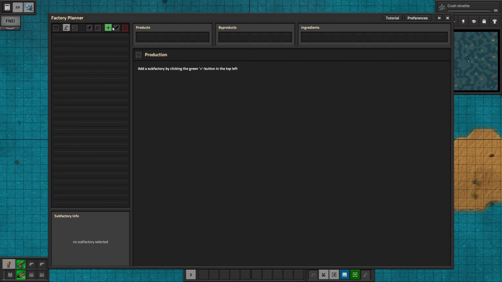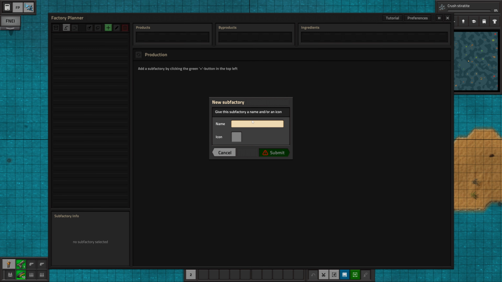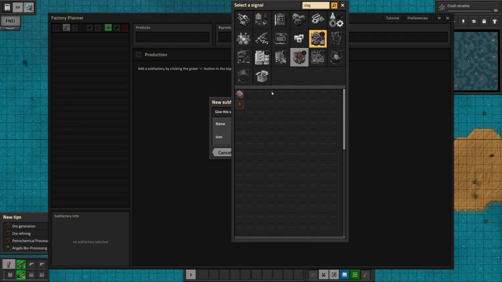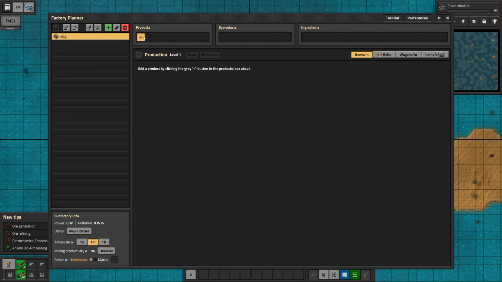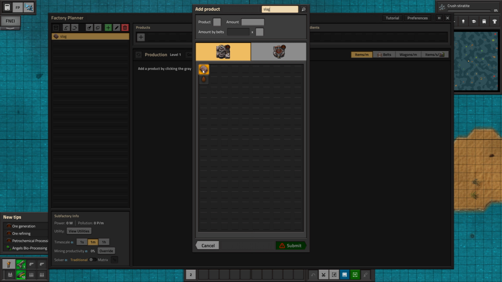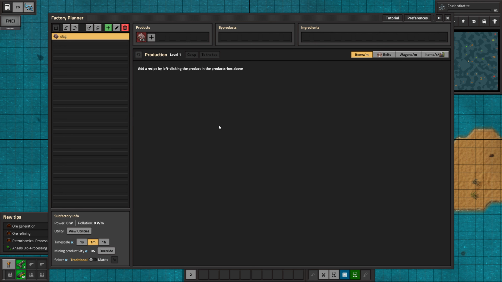Quick things you can make here. Probably the simplest example I'd start with is making slag. If we make slag, the way that you make slag is with electrolyzers. So if you've never played C-Block, basically what happens is you pump water out of the ground, and then you